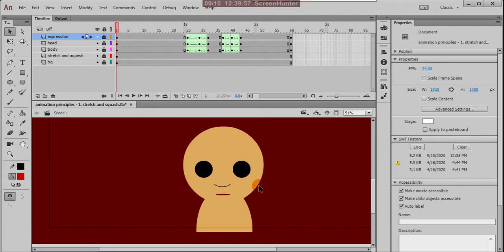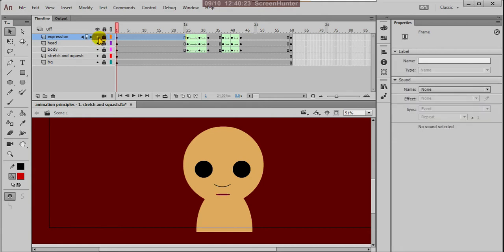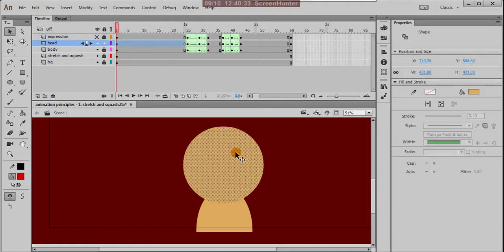So what you do, you have to separate all these parts. That is the reason after completing my drawing I separately placed them in separate layers. Suppose these are for expression, so I included eyes, nose, mouth in one layer. So that is this. For time being close this, and this is my head. See this, this is my head.